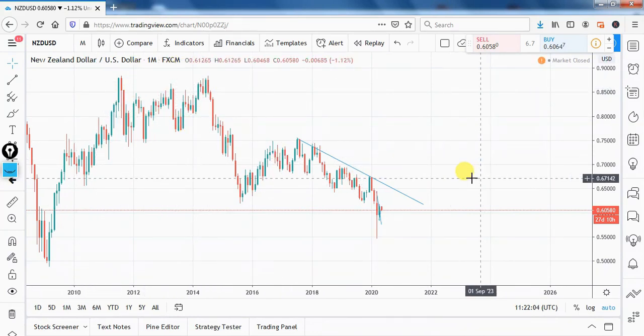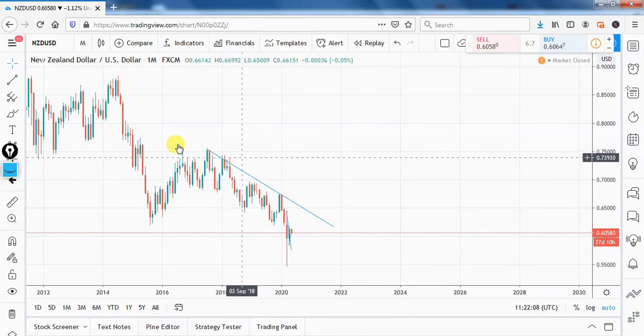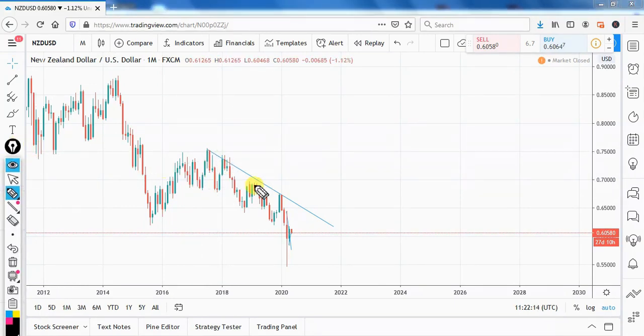So we're starting with the monthly time frame on NZD USD. As we can see, we have this nice trend line going on in here. Let's bring up a pen. So we've got this nice trend line on the monthly time frame that's been going on for quite a long time, a good couple of years now. And let's see what happens for the